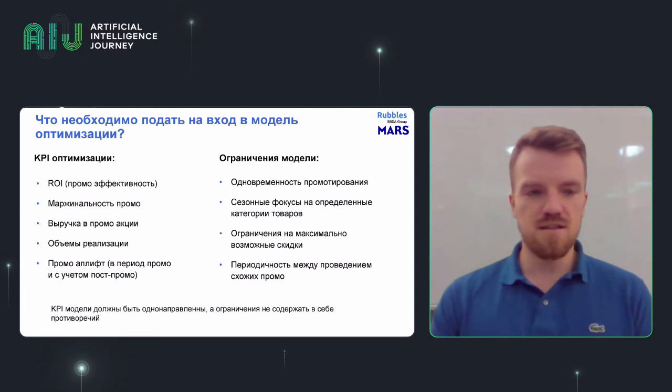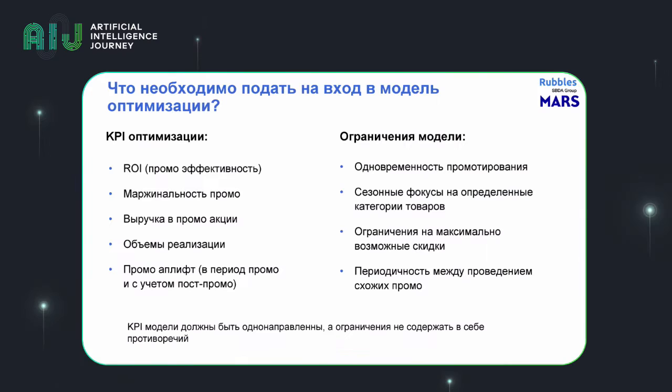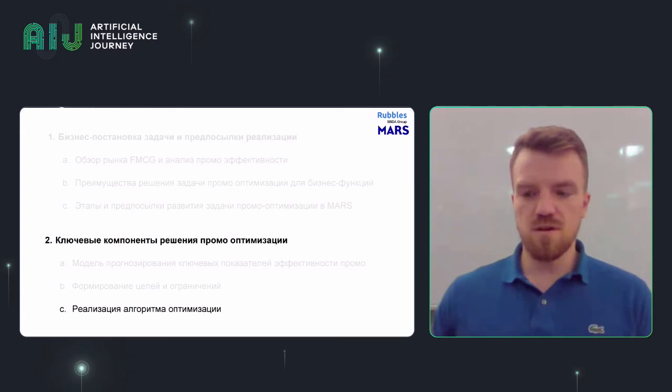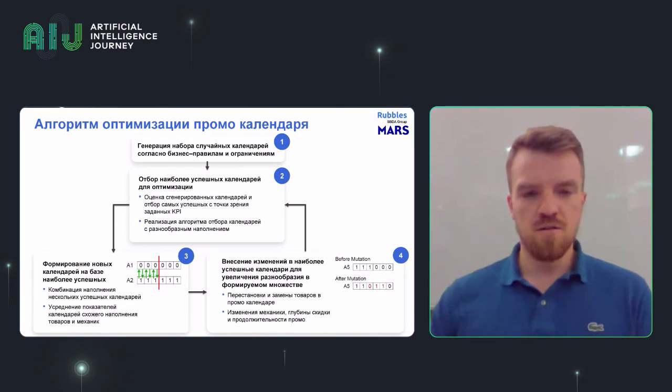These are actually the parameters that the model is going to look at as it is looking for the best way to draft promo calendars. Listed on the right are the constraints on the model, because we want to make sure that recommendations of the model are aligned with what the business needs and the business's strategy. Importantly, our objectives should not be too linear. I mean, we may want to increase some critical KPIs, maybe increase our margin, maybe increase our revenue, but at the same time, shrinkage will prefer to stay low.